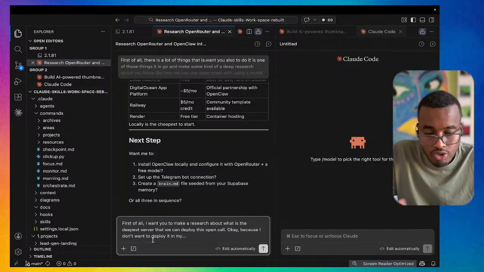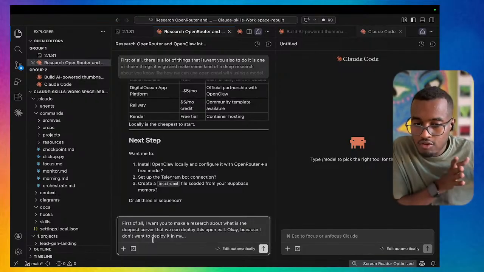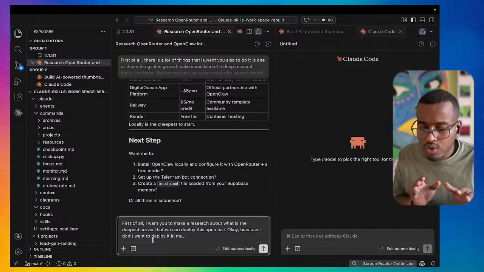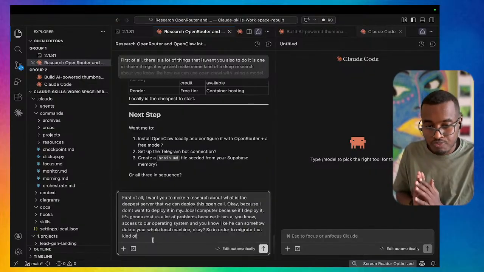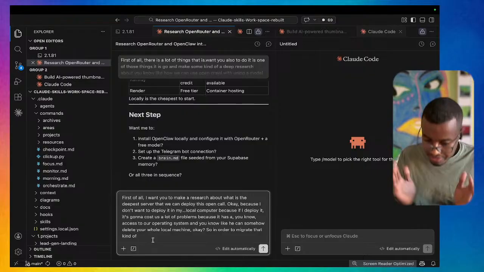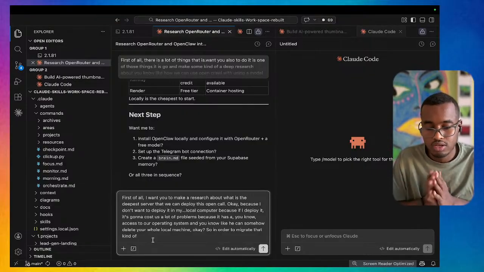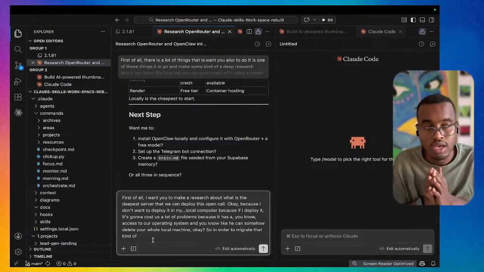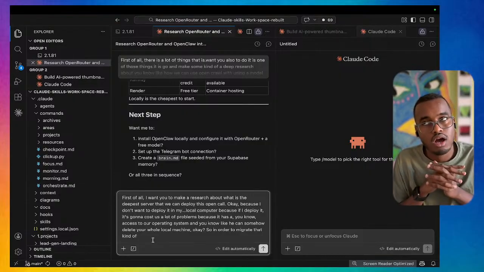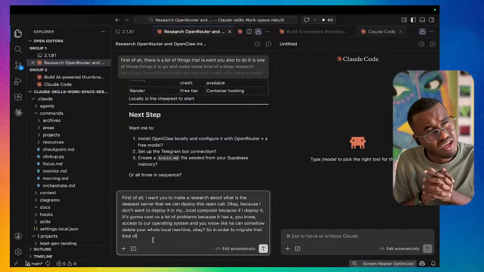So in order to mitigate that risk, we're gonna deploy it on a server that has good computing. If you go right now to a hosting provider, I think it was KVM, something like that,